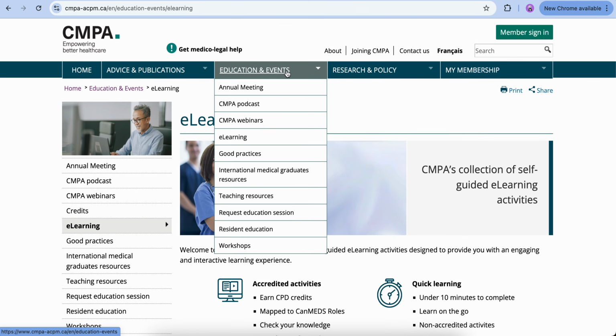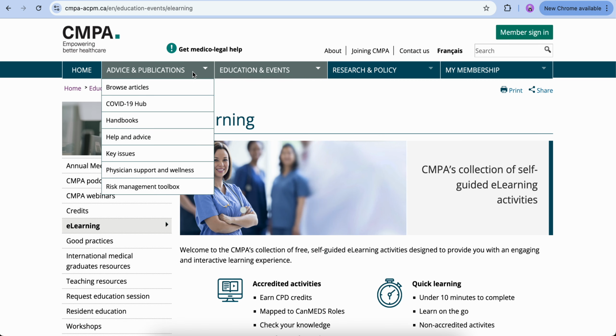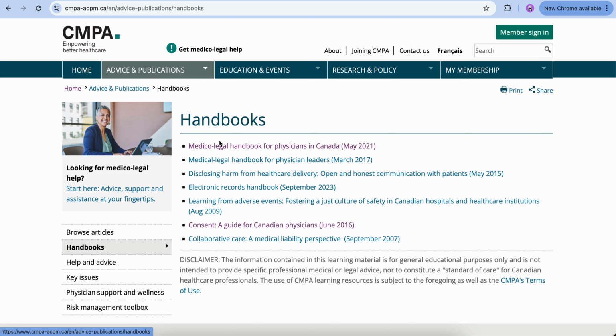Takeaway points from the video: number one, read the e-learning topics as much as possible. Read the good practice. If you're reading good practice and e-learning both completely, you don't have to go to these resources. But if you don't have enough time to read both, at least read the topics which are here. Apart from this, when you go here, you will have a handbook. If you go to the handbook, you will find a couple of things, about medical legal, about consent, about other stuff.